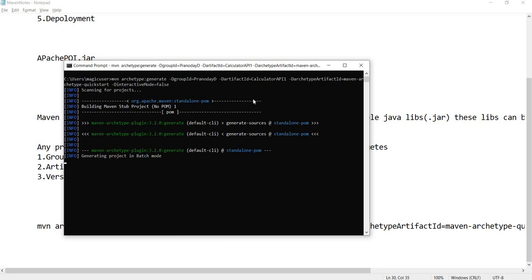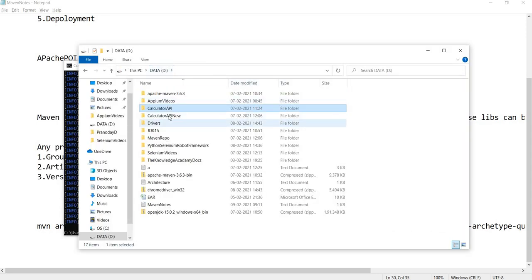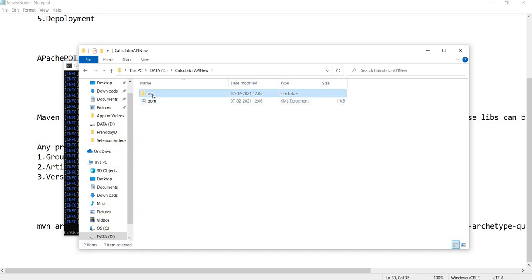You will get one app.java file there, which comes with the template. Okay, so there you will find, I'll show you that as well. Yeah, here I have. So you can see src main java source directory. This is the package directory, and you will find this app.java file here.